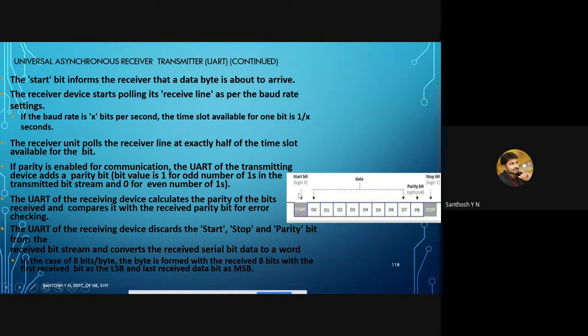The main important thing we need to observe in this UART is that all the bits will be sent bit by bit. D0 will be sent first, then D1, then D2. Likewise, the data will be sent bit by bit. In order for the receiver to understand which is the start and which is the end of the data, it can be easily known by observing the start and stop bit. And of course, one more feature is the parity bit. The parity bit ensures that the code that is received or transmitted is correct or wrong.